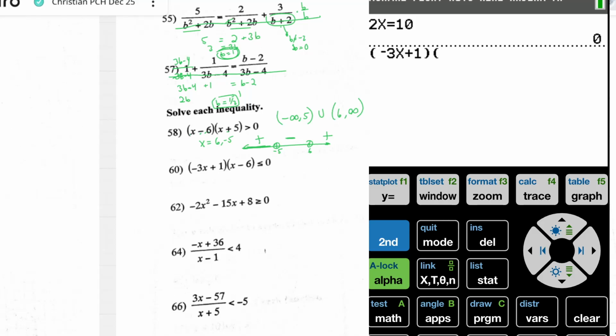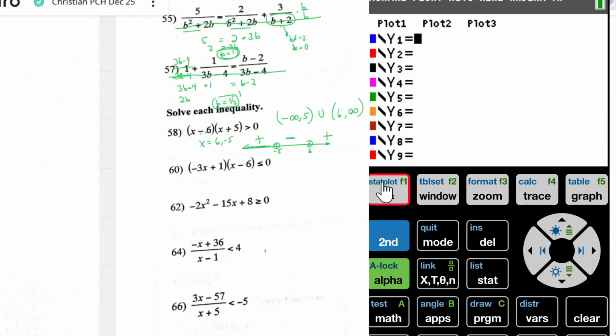All right. Hey, I'm looking at these problems, 58 through 69, something like that, these inequalities. And I think we should go with what your teacher was trying to tell you. So I'm going to do that. So I'm going to go and plot. So just watch along. I'm going to do number